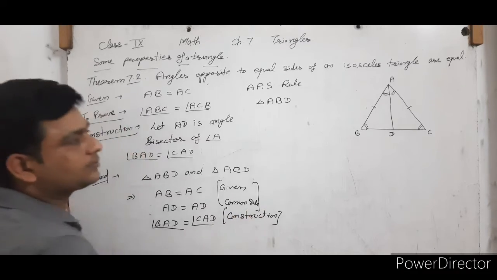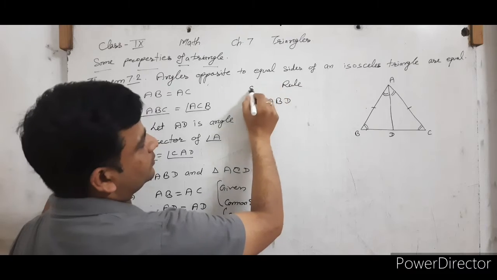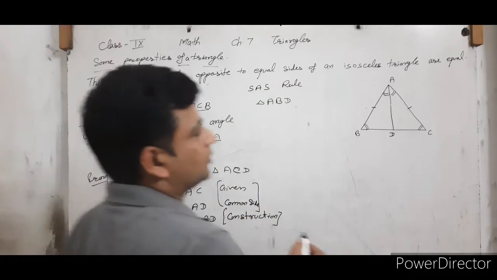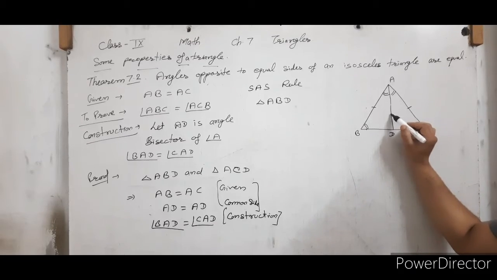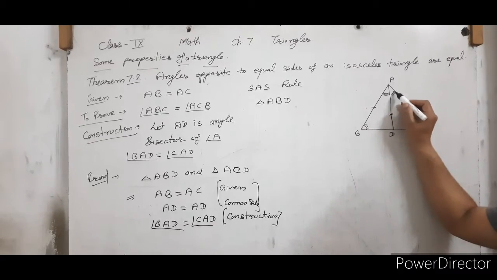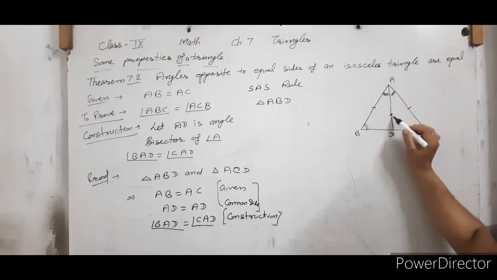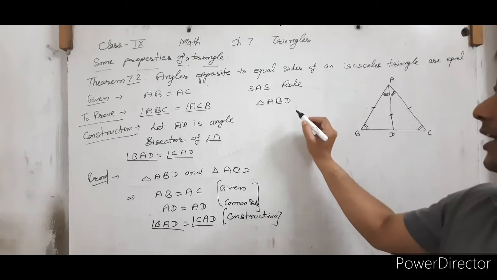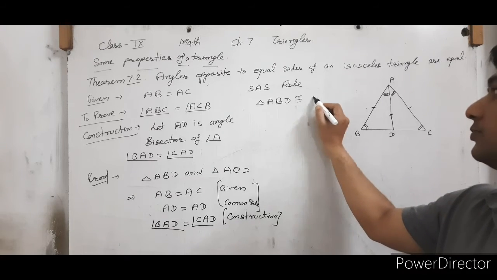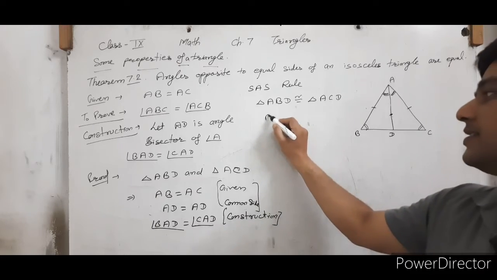So by SAS rule, these two sides are equal, this is a common side, and the included angles are equal. Side-angle-side rule: triangle ABD is congruent to triangle ACD, and by CPCT